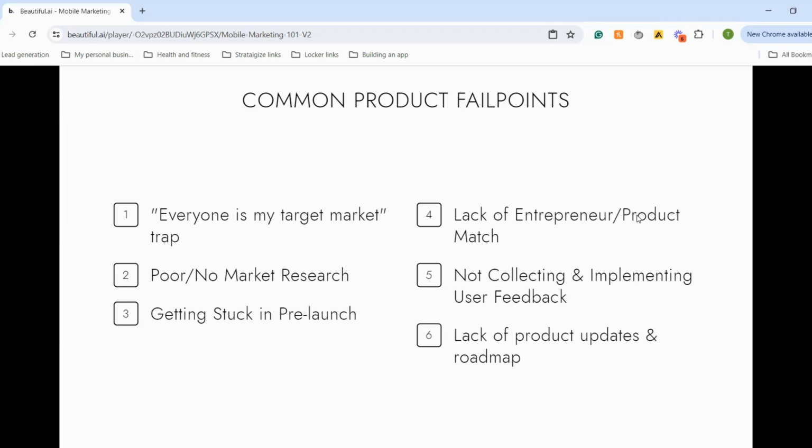Another way that this can present itself is through the lack of specific skill sets that are very valuable in a mobile app business. The three core skill sets that I see are developer or technical skill set, growth marketing, and then design. So being able to build the product yourself, being able to get people to download it yourself, or being able to design the app, design the overall user journey, and create content yourself.